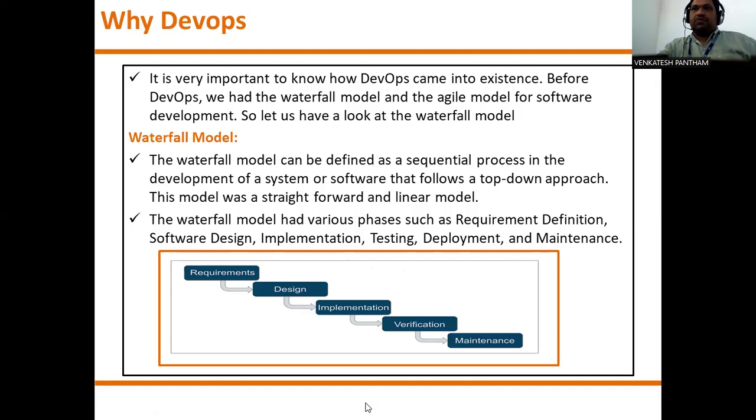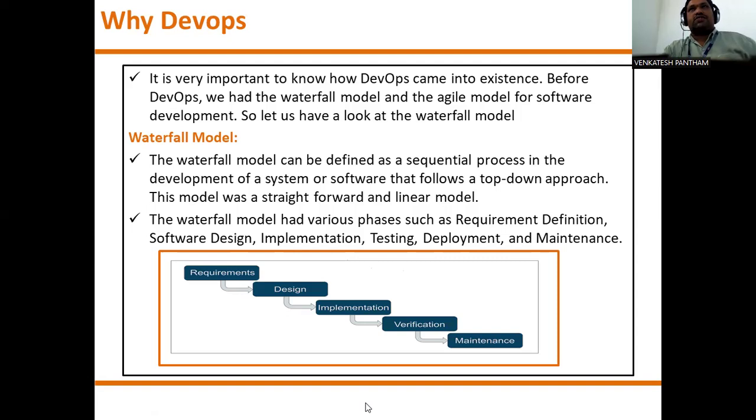It consists of requirements, designing, implementation, verification, and maintenance. It is a linear and sequential process, and also a top-down approach. For example, if we are making an application, first we gather only the requirements until the end of that stage.